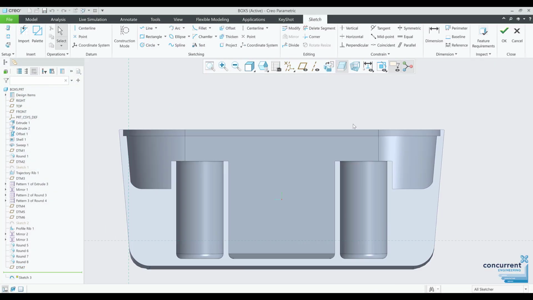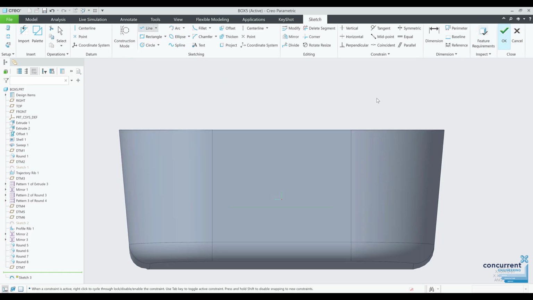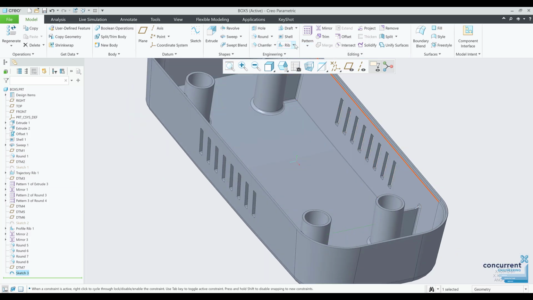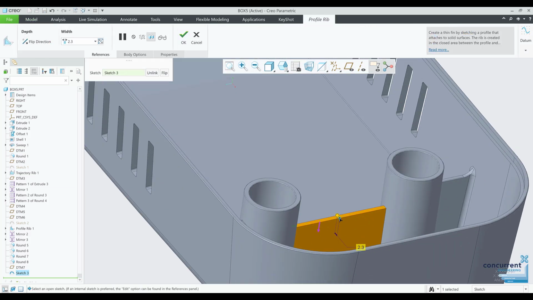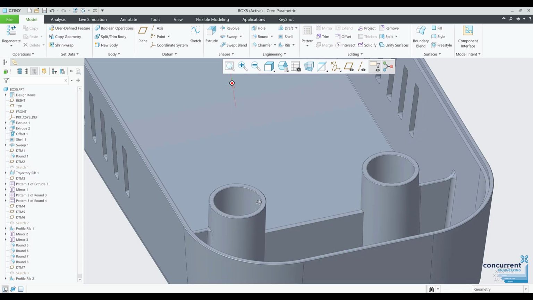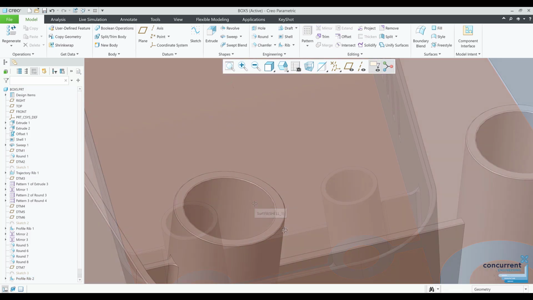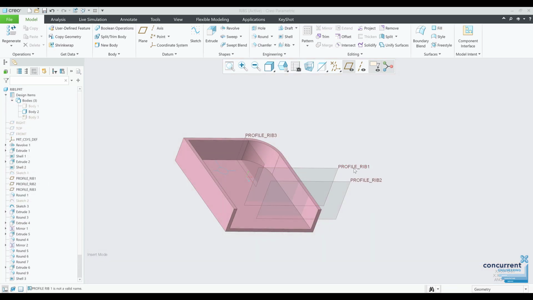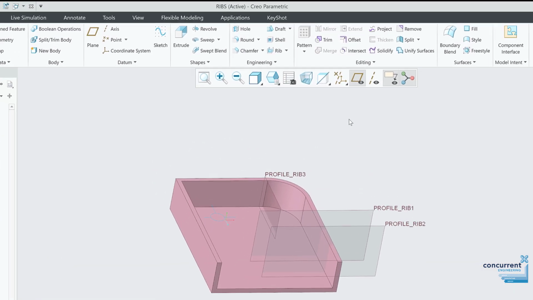So I'm going to spend a couple of minutes here looking at the basic process of using ribs. You should see that they're relatively easy to manage and give you options that standard extrudes don't. There are two types of ribs available in Creo. Here's the rib feature. There's a drop down on the right hand side. You can see we've got two options: trajectory, which is quite hard to say, and profile, which is a bit